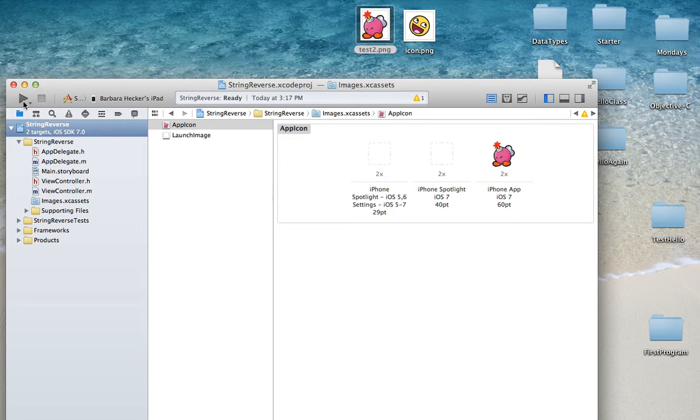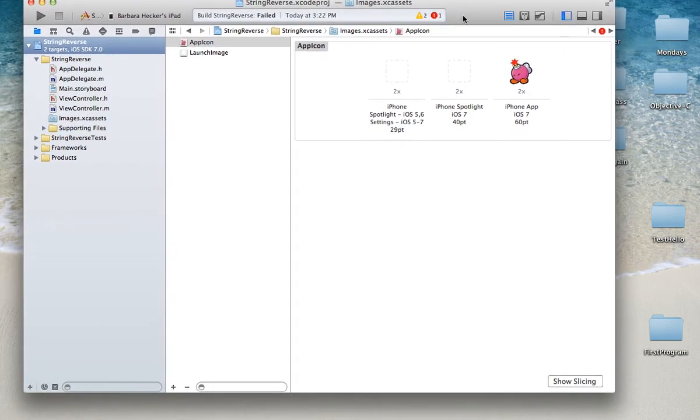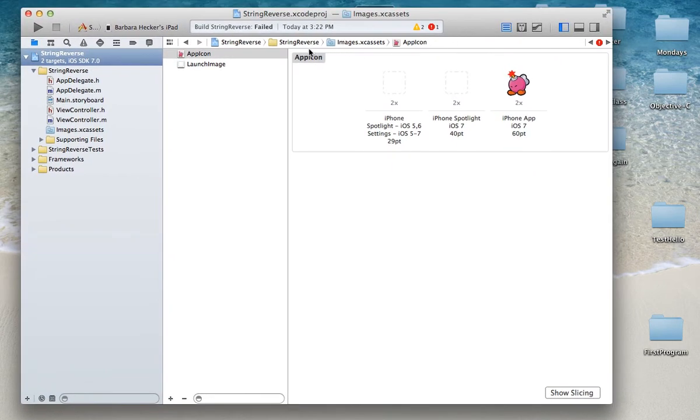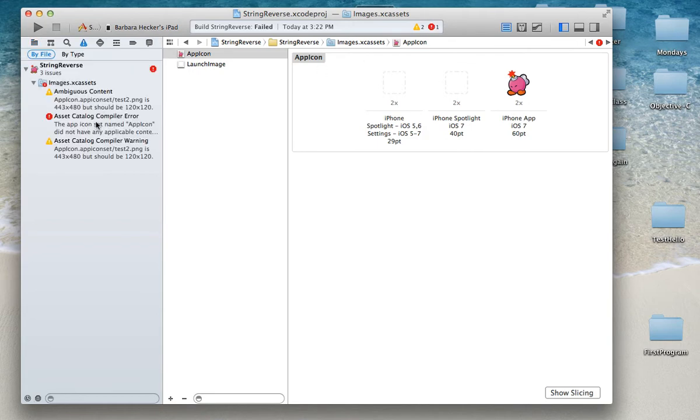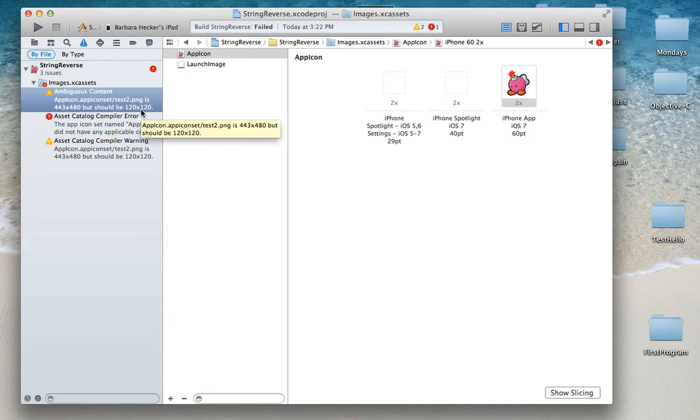I'm going to run it actually and see if my little icon shows up. Error. Okay, good. That's what I wanted, was the error, but it didn't show up before when I first did it. So I'm going to click on this little arrow up here, and it's going to tell me that the asset catalog is wrong here because I've got ambiguous content. Okay, so I have an application icon that's set, but it should be 120 by 120, but it's actually 443